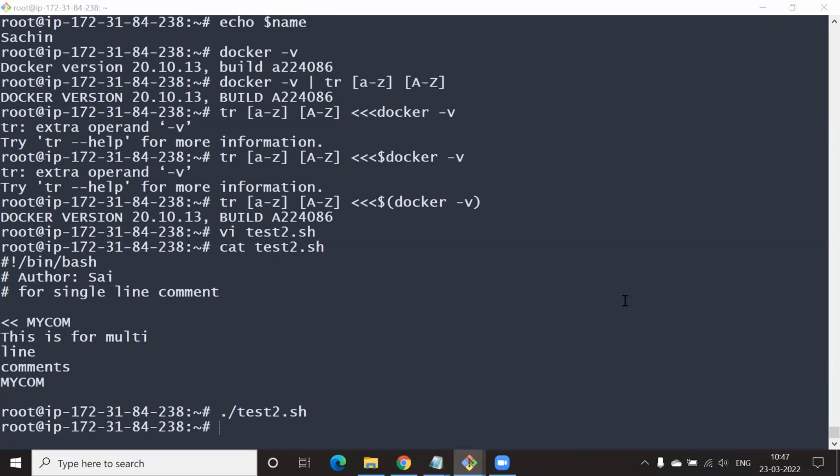And what is my com? It is a multi-line comment, like in Python. Now try to add this one at the end.